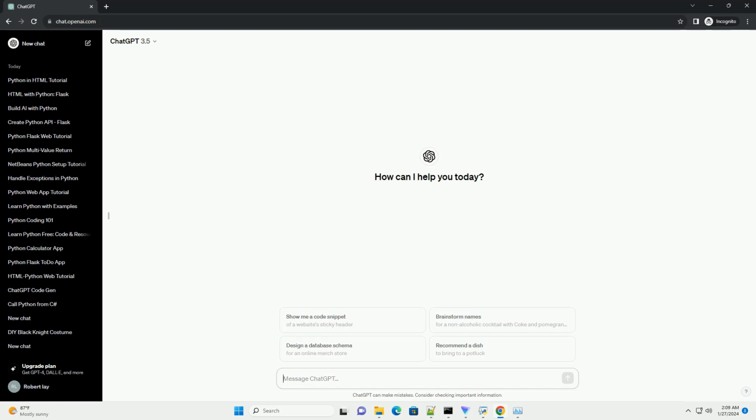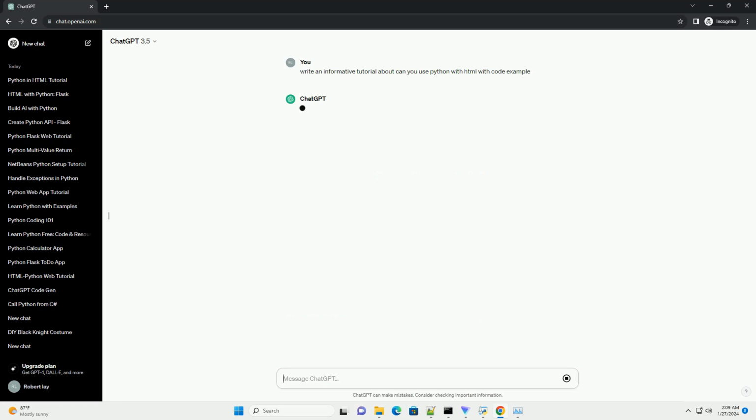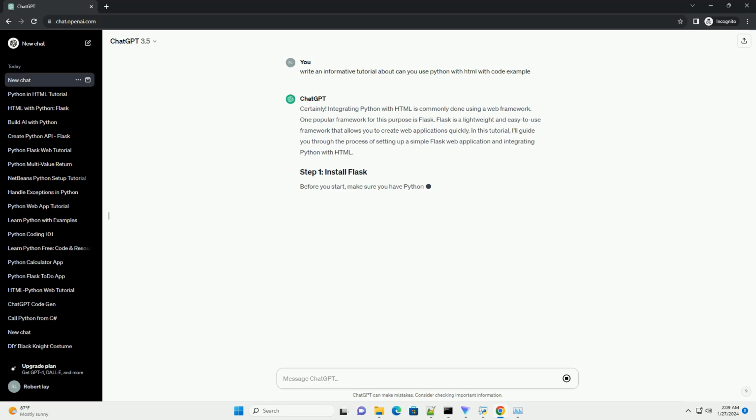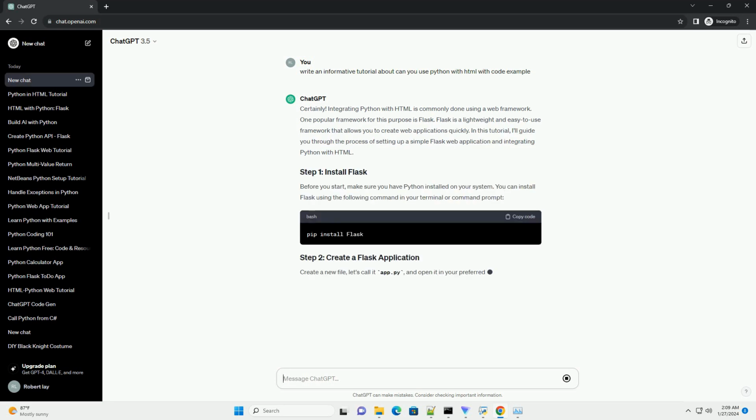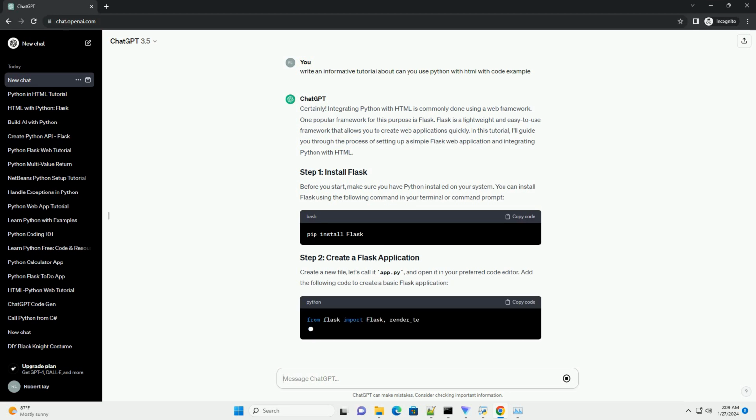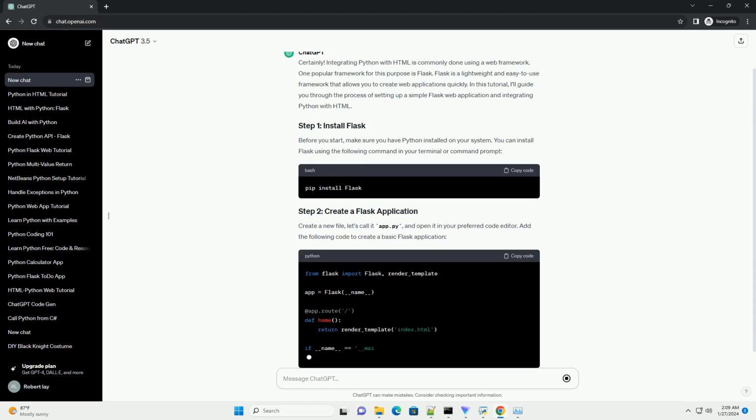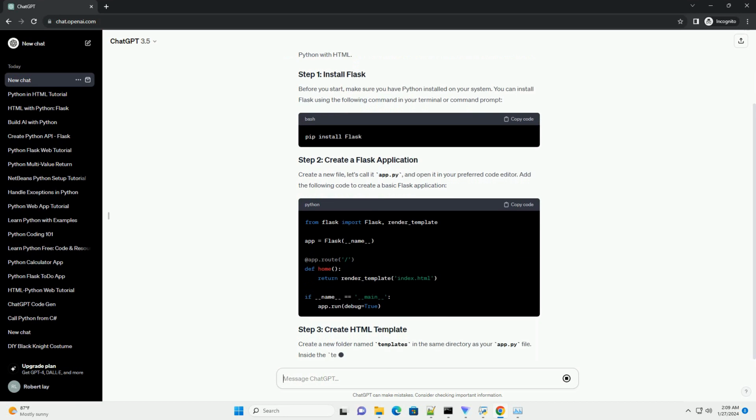Certainly. Integrating Python with HTML is commonly done using a web framework. One popular framework for this purpose is Flask. Flask is a lightweight and easy to use framework that allows you to create web applications quickly. In this tutorial, I'll guide you through the process of setting up a simple Flask web application and integrating Python